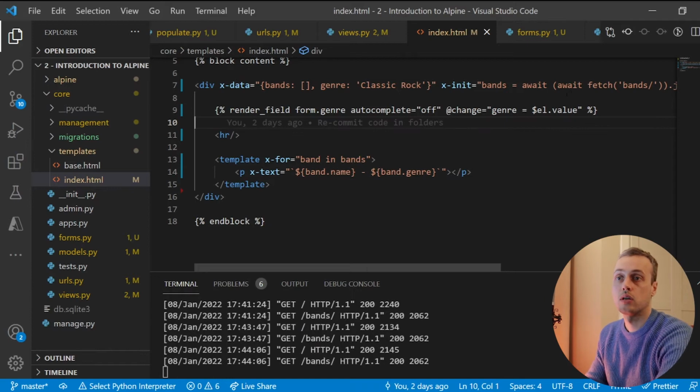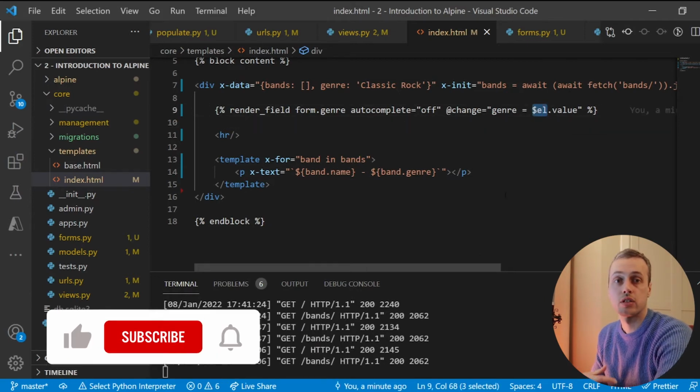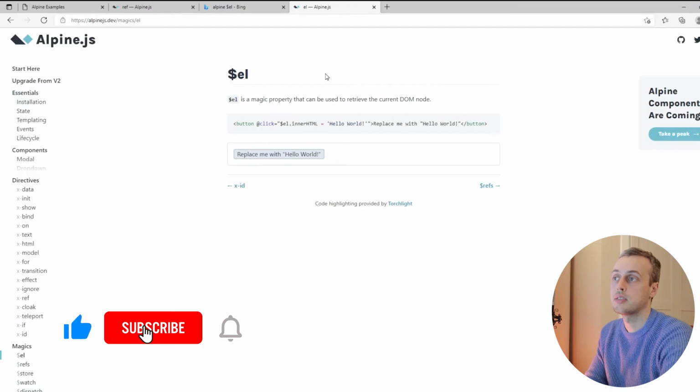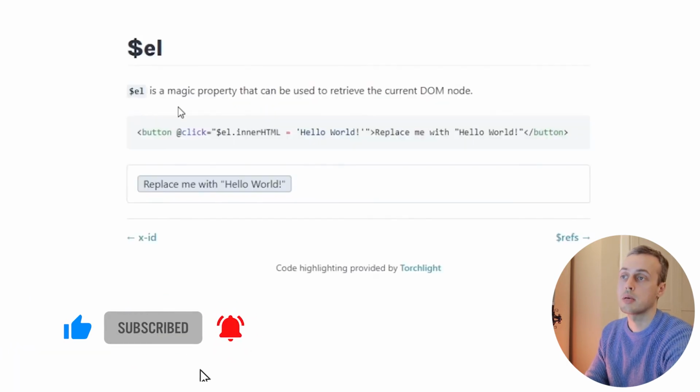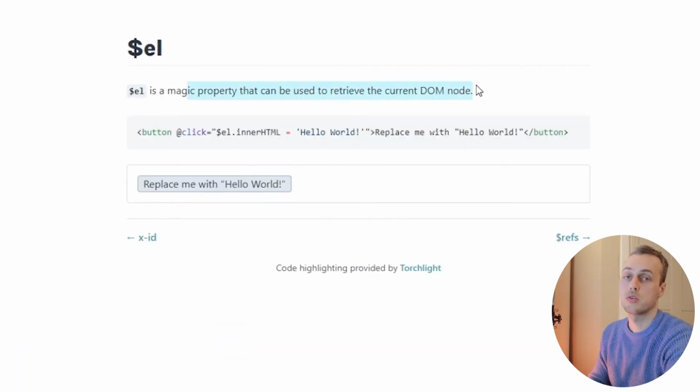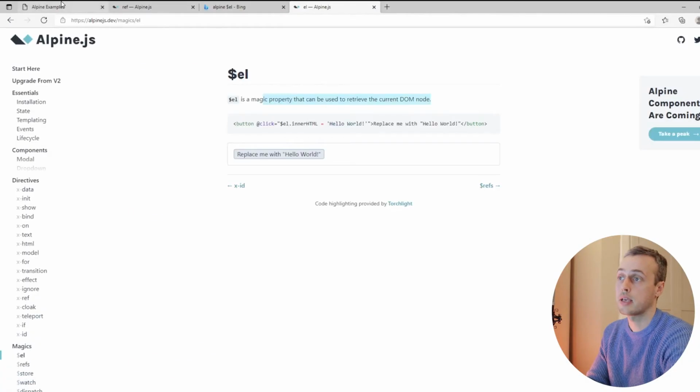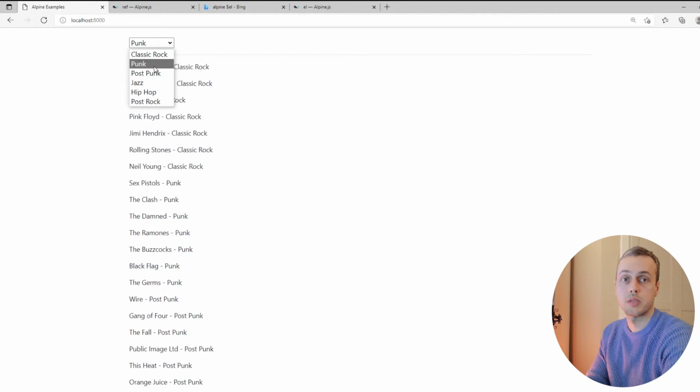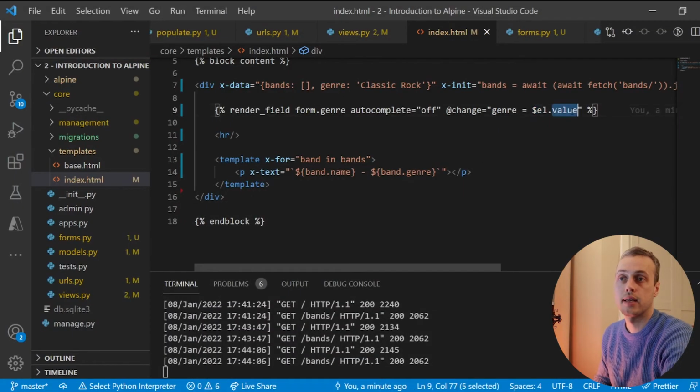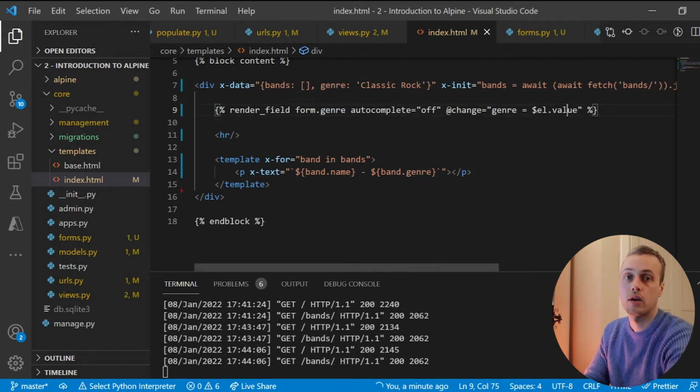Now this special $el here, this refers to the element itself. As you can see in Alpine's documentation, it's a magic property that can be used to retrieve the current DOM node. Now the current DOM node in this case will be the actual drop down box itself, the select box, and from that we can retrieve the currently selected value using the .value attribute. So what we're doing here is updating the genre from classic rock, which is the default, to whatever has been